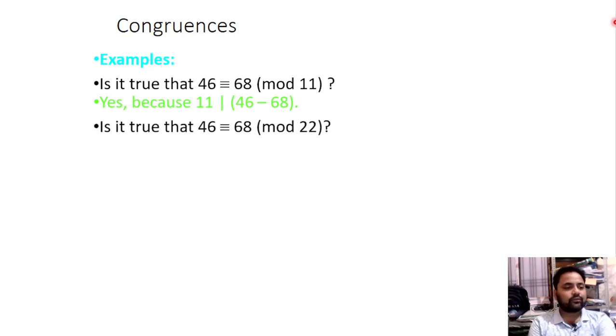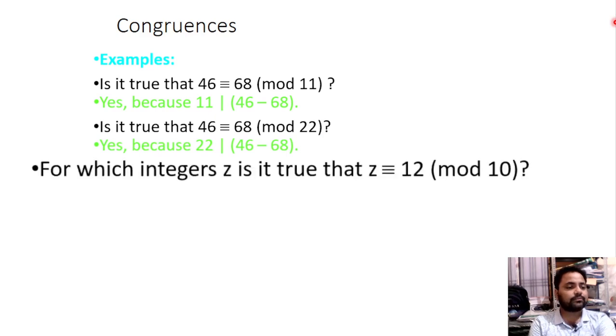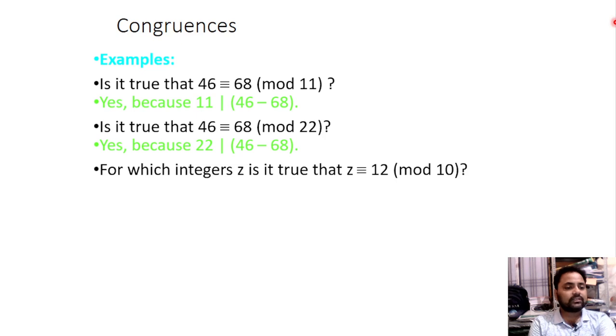Is it true that 46 is congruent to 68 mod 22? Yes, this is also true because the difference is 22. So here we can say that 22 divides 46 minus 68. For which integers z is it true that z is congruent to 12 modulo 10? So here we can use